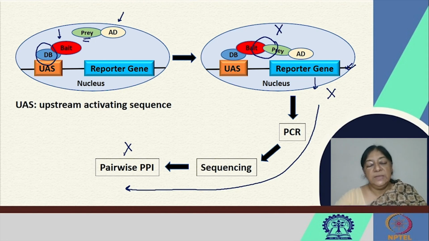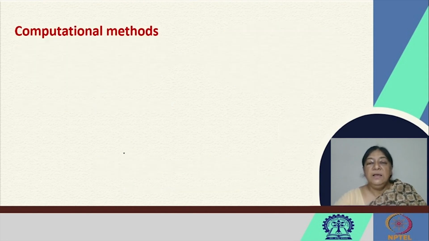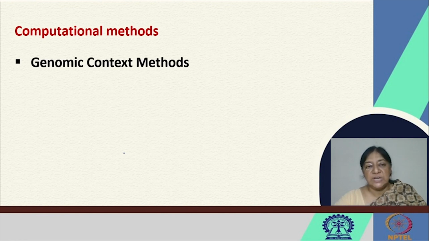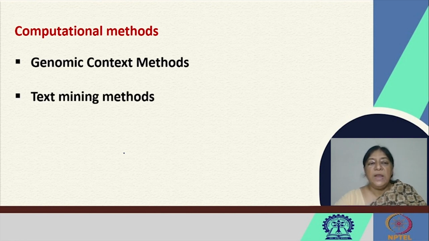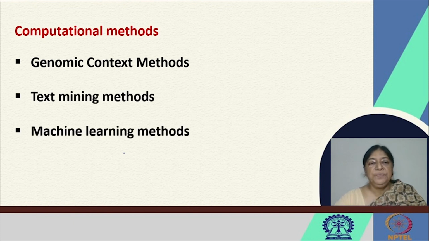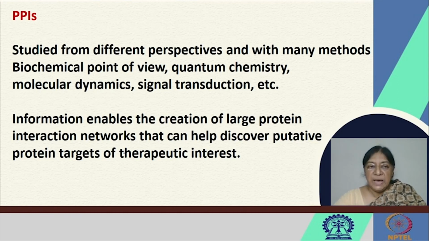This means with this assay, there are possibilities to get a large number of protein-protein interactions. So, specific computational methods have been developed to look at these protein-protein interactions from different points of view, where we can look at the genomic context methods, the text mining methods, or machine learning methods. Now, PPIs can be looked at from different perspectives, from a biochemical point of view, looking at molecular dynamics or signal transduction, and there is a lot of information available for the creation of large protein interaction networks